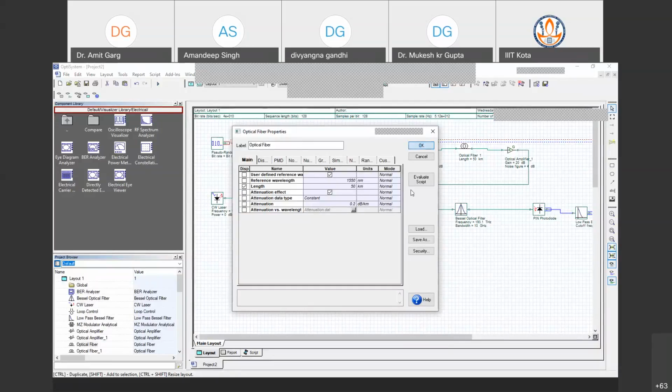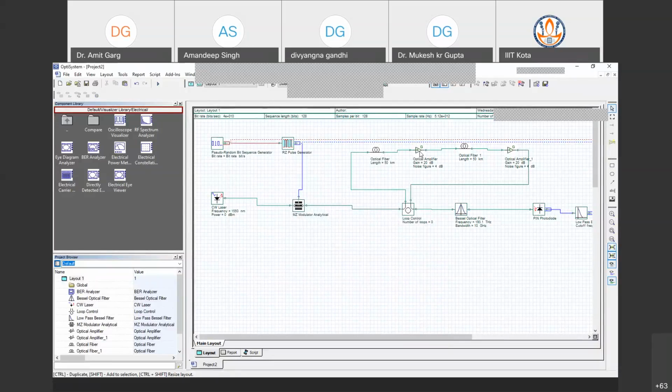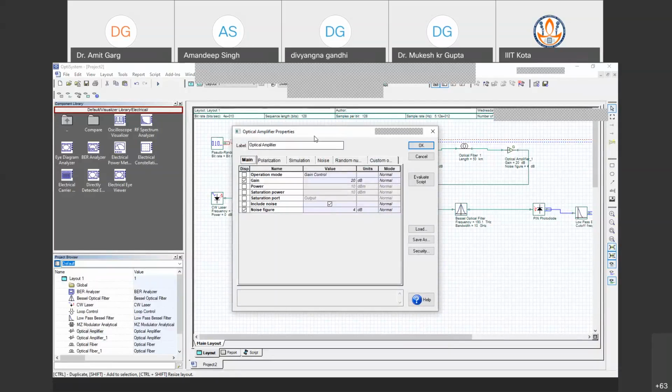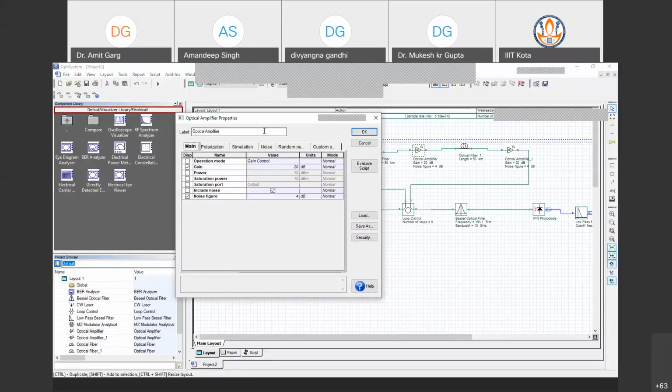That's okay. And for this, ten dB. Noise figure